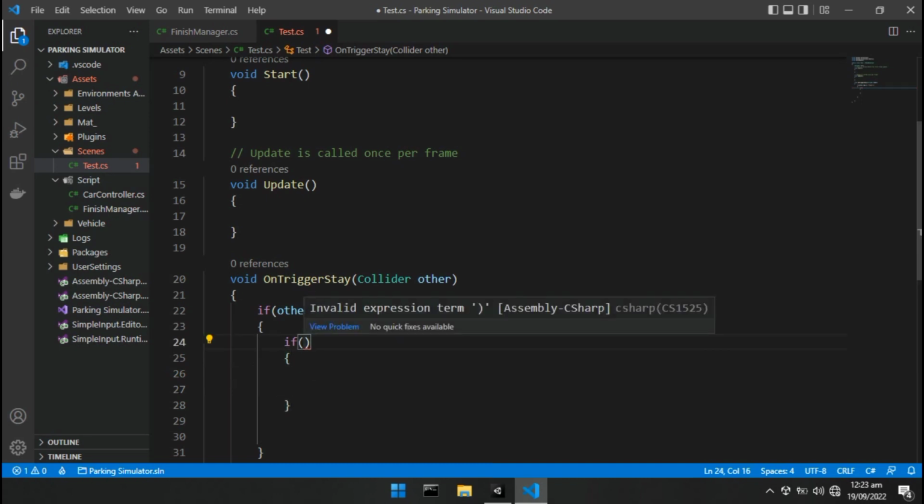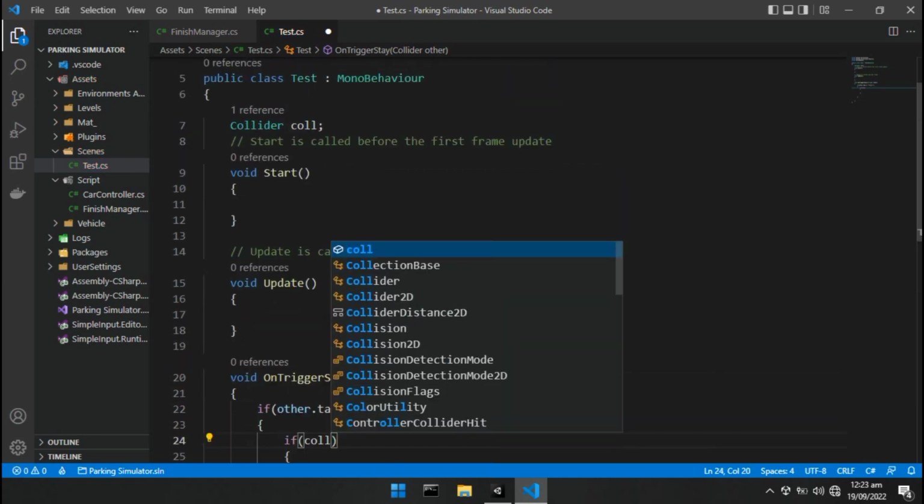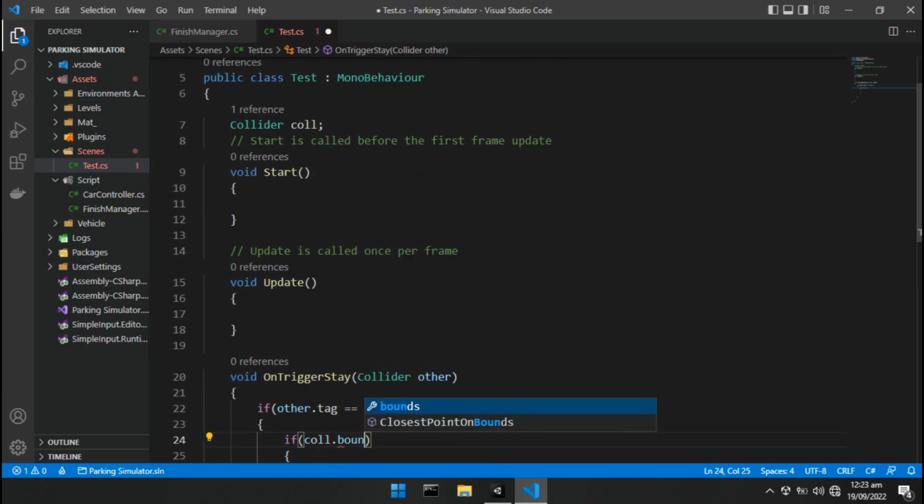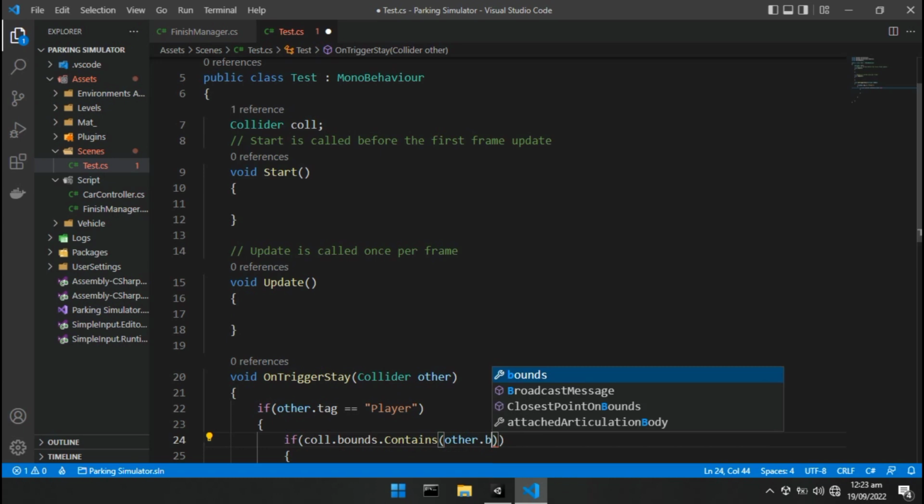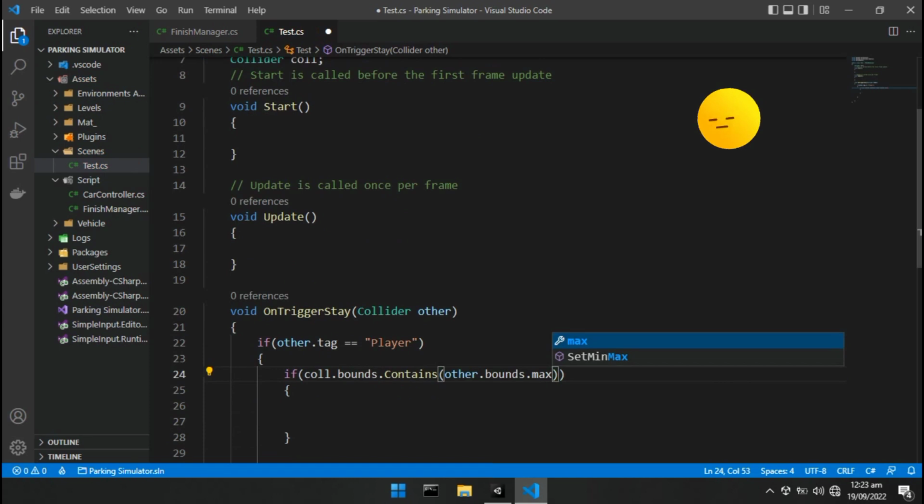So for our box we say if col.bounds contains other.bounds.max, that means the maximum point of the other collider, if it is contained in the collider of the box, like the maximum point of the sphere is contained in the collider of the box,